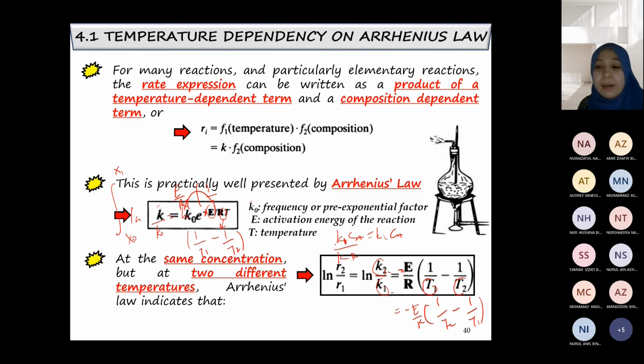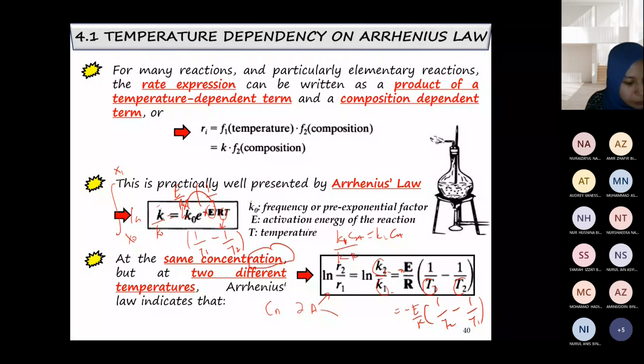That's why if you look at questions, they will not give, for example, two different concentrations of reactant A. The concentration of reactant A cannot be different, because this kind of equation applies to the same concentration only. Okay, is everyone clear or not? Or we can also replace it with another term, K is equal to